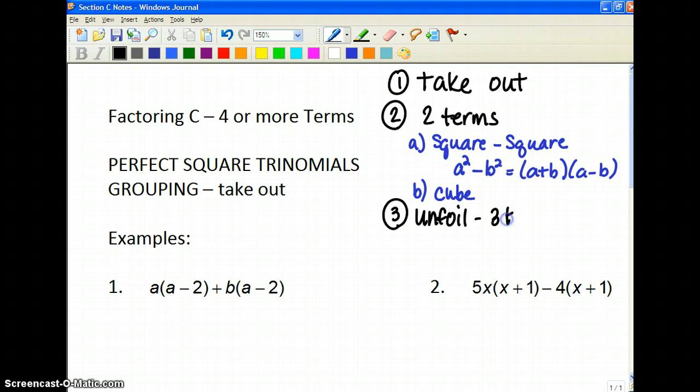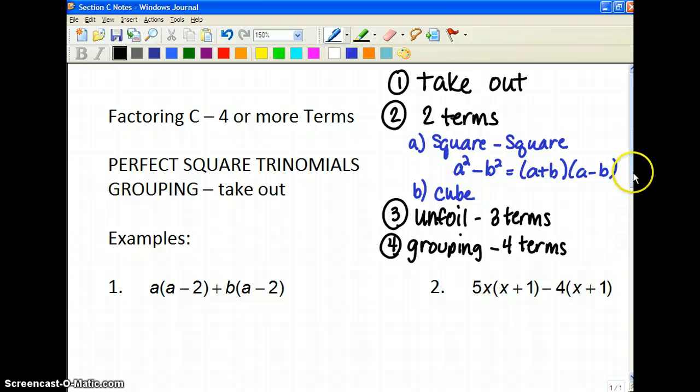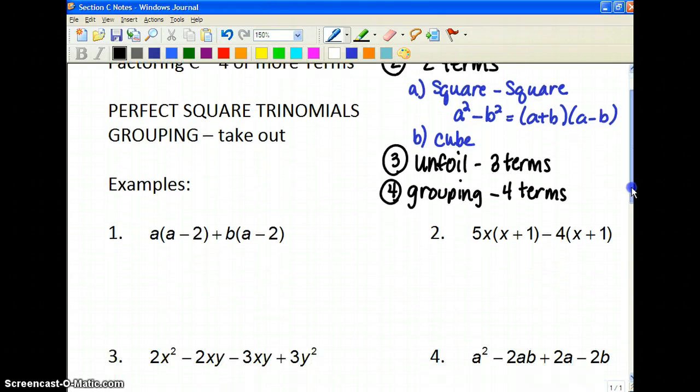Those are 3 terms. And this fourth step is going to be to do it with grouping. And there's going to be 4 terms. Now there could be more than 4 terms, but we usually don't do any that are bigger than that. Alright, number 1. We're going to start off with these a little bit easier ones to try to explain what